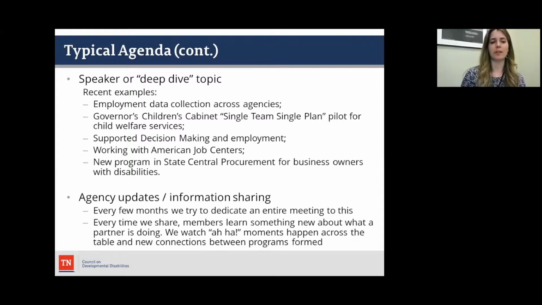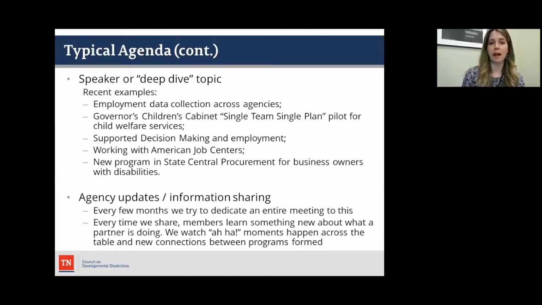And Wanda also mentioned this last bullet on the slide, which is that new program within our state central procurement office for business owners with disabilities. We were able to reach a lot of state agencies, and then through them, their networks, just to get that program on the radar. So after the speaker or the deep dive topic, or in lieu of,